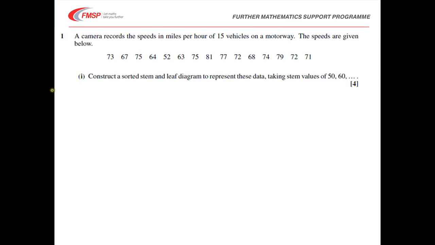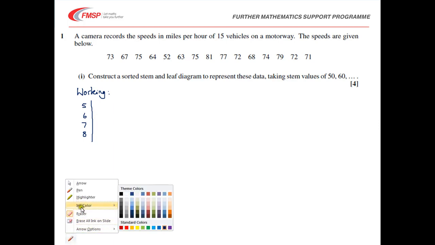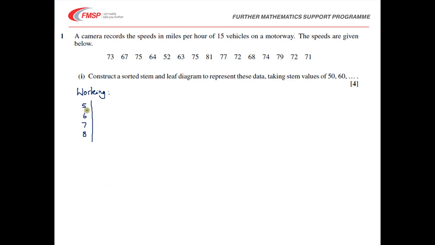So, a sorted stem and leaf diagram, I think the easiest way of doing this is actually to do an unsorted one first. It involves more writing down, but you can do it so much more quickly that I think in the end it's quicker and is more likely to result in the correct answer. So what you do, you've got your stem, and then you just go through each one in turn. 73, 67, 75, 64, 52,